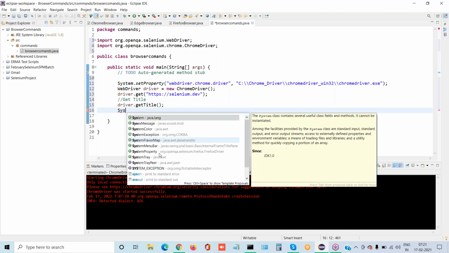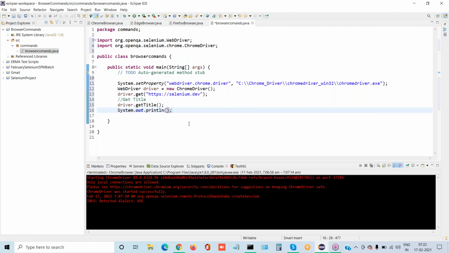Can you select the last one? Last one, sys. Yeah, click that one. See, System.out.println. This is very, very important. If you want to see anything in the console, the panel down below which we call the console, you need to write System.out.println. Now I got a title, but where do I need to print it? That's the reason I'm using System.out.println.